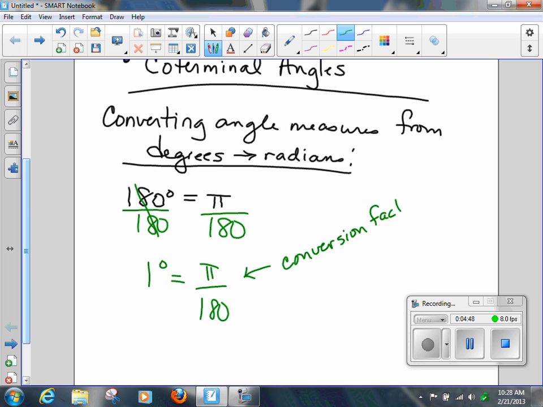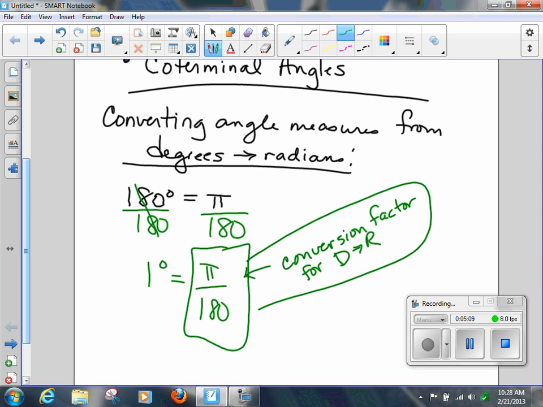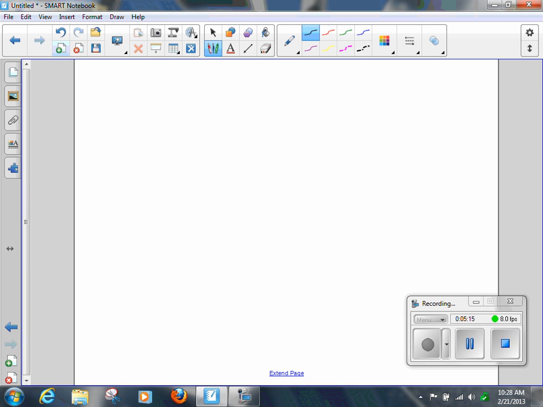Remember, a factor is a number that is multiplied. It's a conversion factor for degrees to radians, because there's a different conversion factor when we convert from radians to degrees. Okay? So that right there is very important to you. All of this is important. Okay? Now, the next part, which is simple, is so let's think about